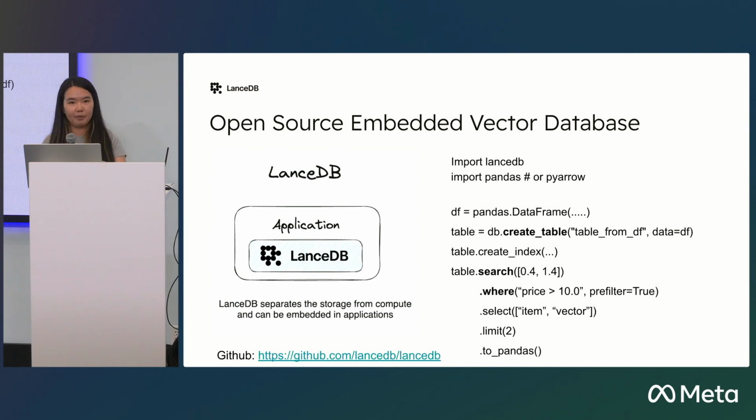You can create a table from your existing pandas or PyArrow dataset, and then create the index that you want. For example, you can directly create the vector index. After which, you can use table.search and put in your query. It can be an embedding, or it can be a text query like, I want to search who here is most likely to try out Lance after this conference. I can also do a bunch of filters, so it's not just a similarity search. I can filter on the information that I actually want, like here, the price needs to be bigger than 10, and pre-filter equals true.